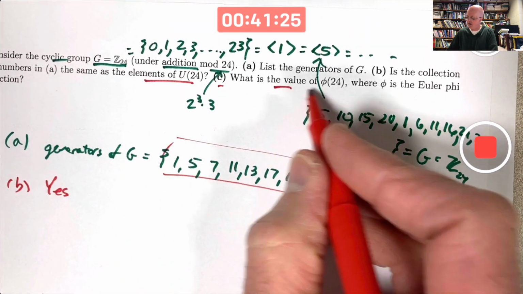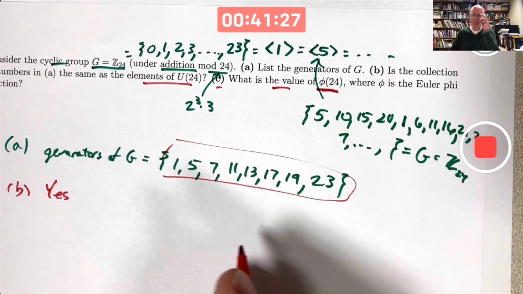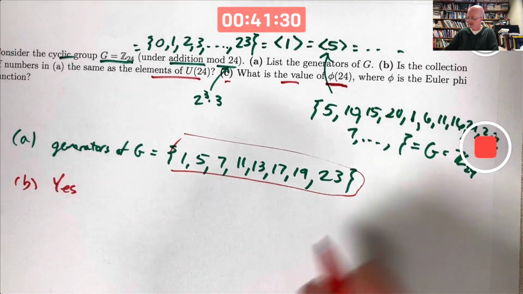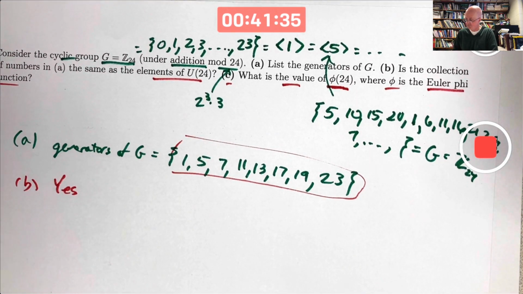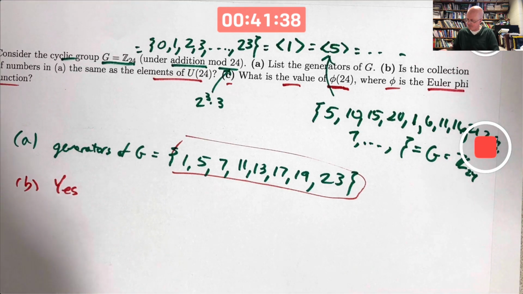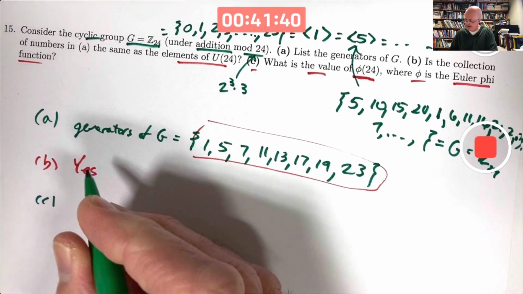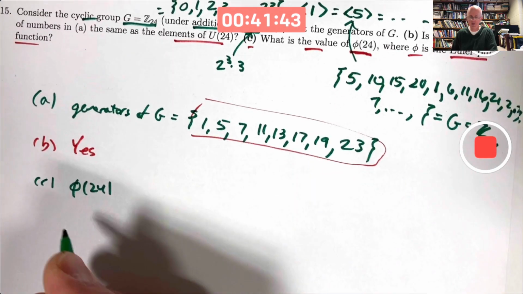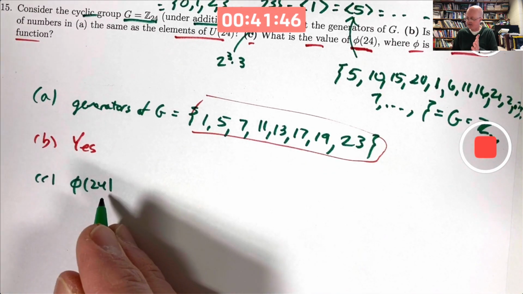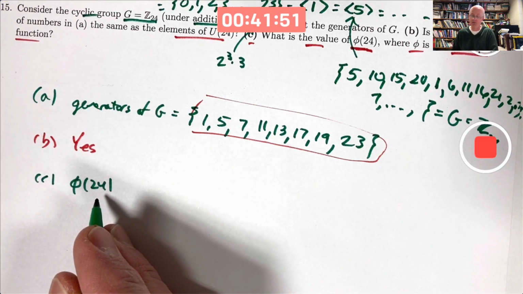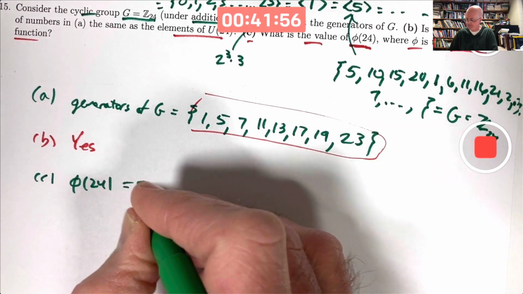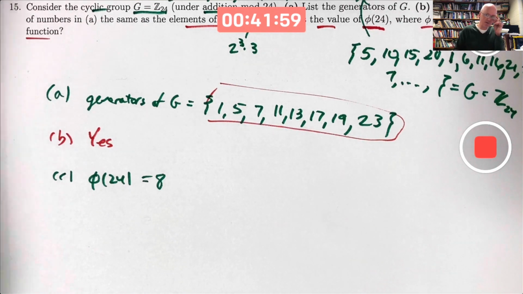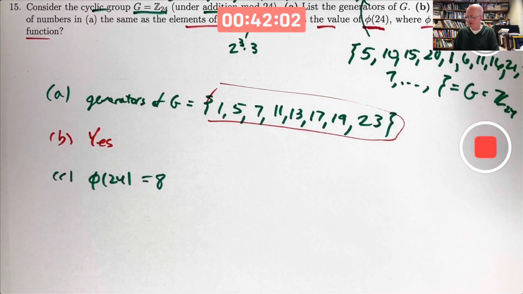Part C, what is the value of, what is this? Is that an isomorphism applied to 24? No. I say phi is the Euler phi function, or phi if you prefer. That's part C. By definition, phi of 24, the Euler totient phi function of the number 24, is the number of positive integers less than 24 that are relatively prime to 24. That's the number of generators. That's 8. Okay? There's actually a formula for finding values of the Euler phi function, but we're trying to keep